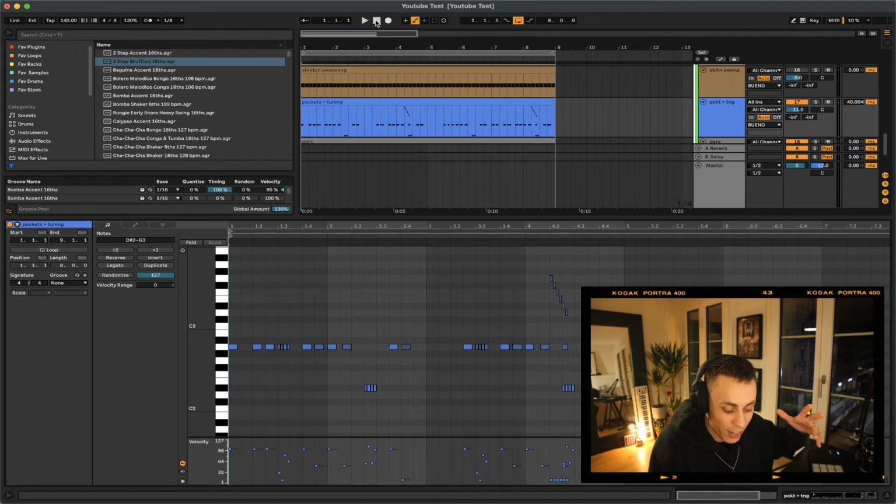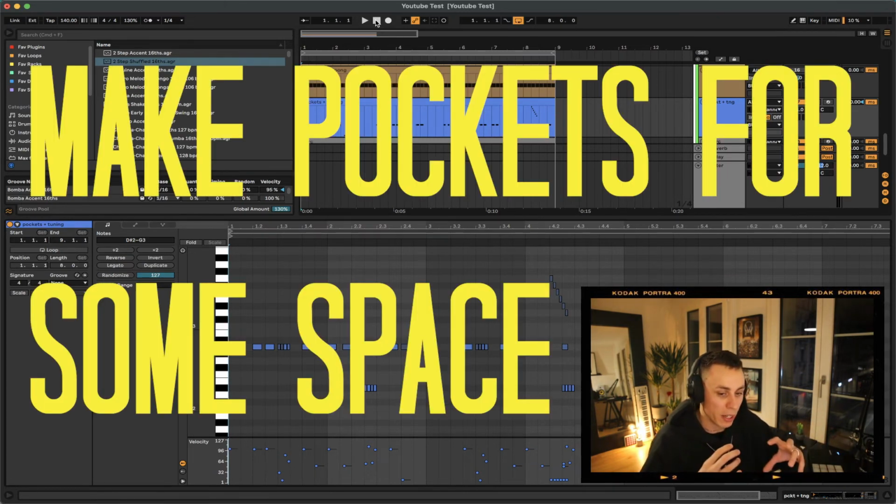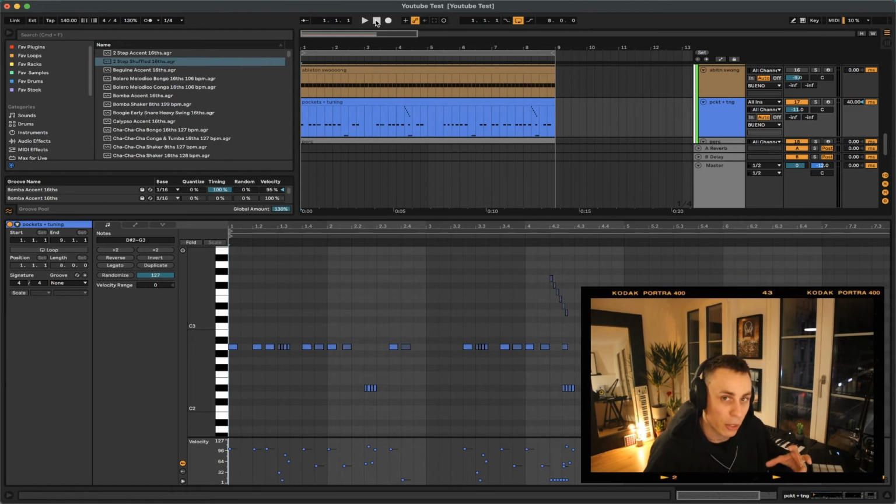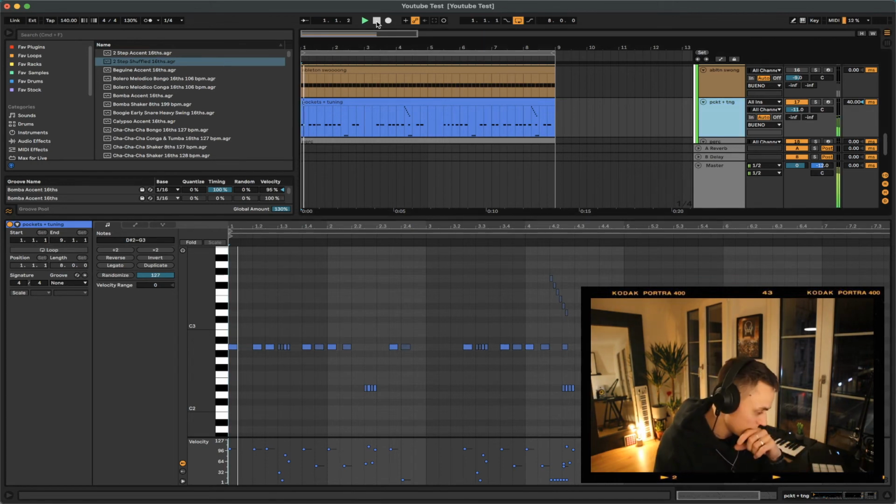And here we are at the last tip of today, and for me I would say try to give your hi-hat patterns little pockets, a little bit more space. Like this you make your hi-hat patterns sound a little bit more special because they appear a bit less in a song, and also it leaves room for artists to experiment and do different types of melodic fills and all sorts of stuff with their voice.